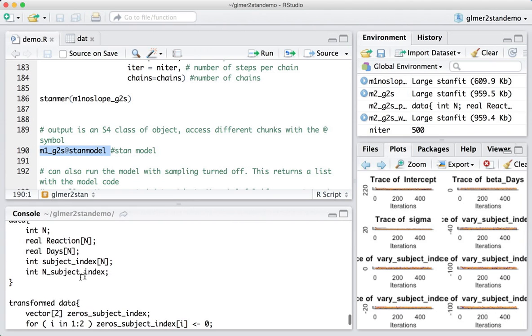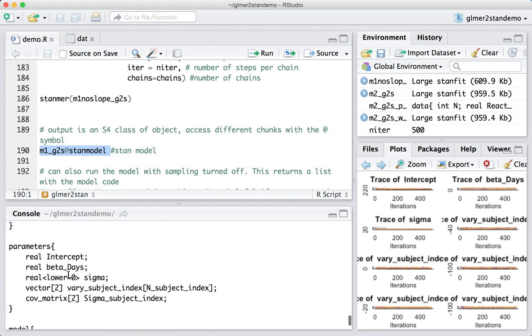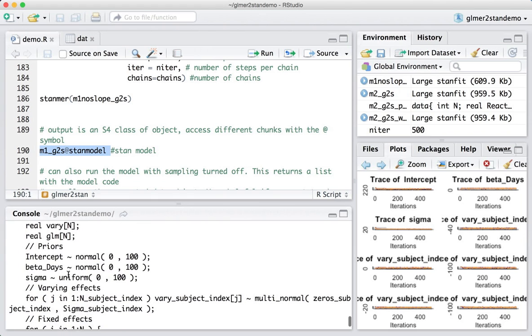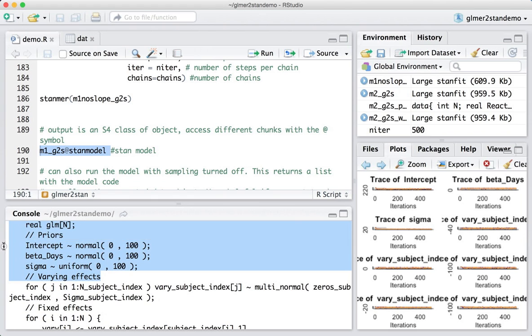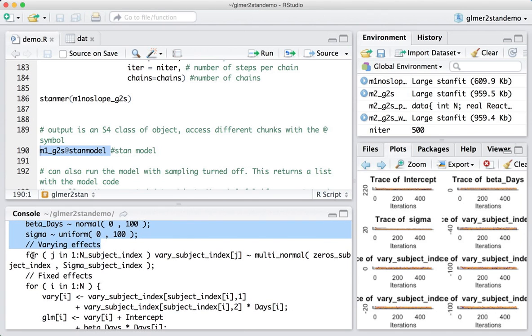It wrote the data block for reaction, days, subject index, the number of subjects, transforms the data, sets up all the parameters, and then here it gives us our nice diffuse priors. The reason that things take a long time is that there's a for loop where basically everything is nested, because it's doing the intercept and slope fitting process for each participant. You can see for j in 1 to the number of subjects, it's going to run this procedure